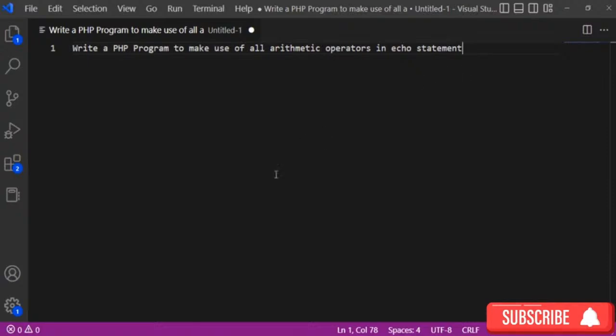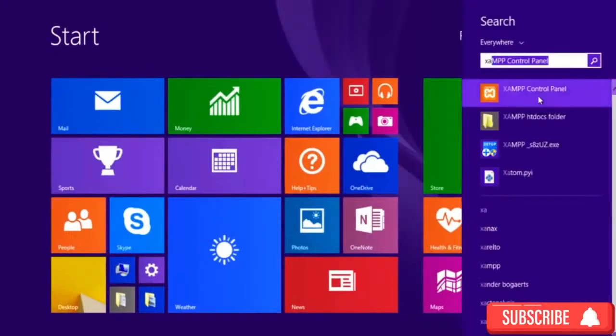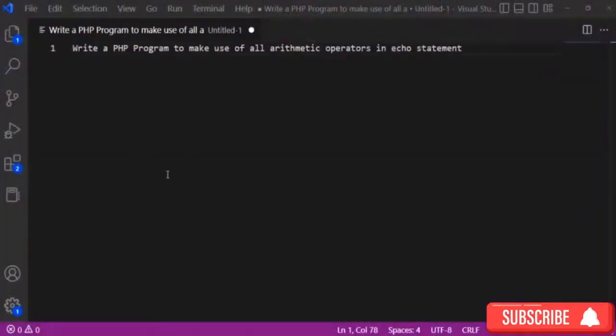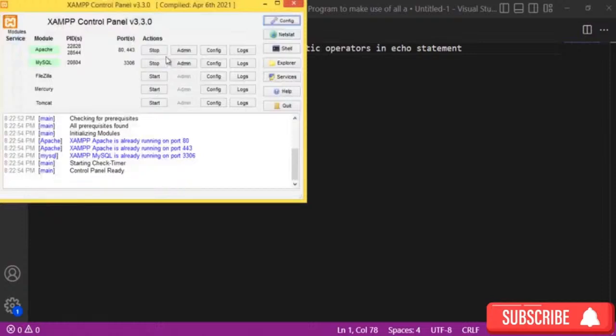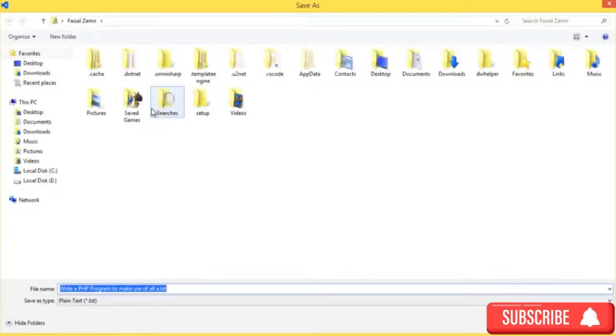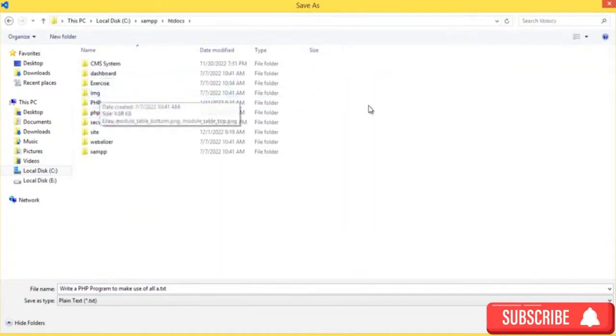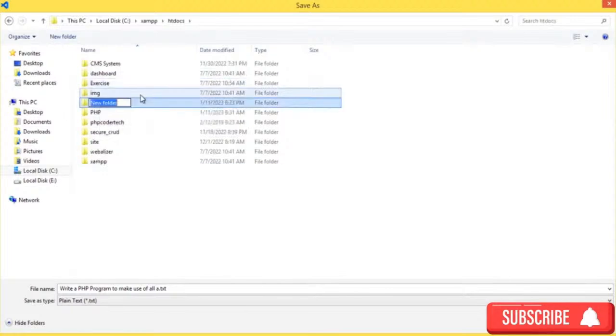First of all, you know that you have to download XAMPP. I have already downloaded it, and just after installing XAMPP, you have to start the Apache server to work with PHP. The MySQL start is optional; if you want to work with the MySQL database, then you have to start that also. Now save this file in the XAMPP htdocs folder, and I want to create a folder PHP problems,